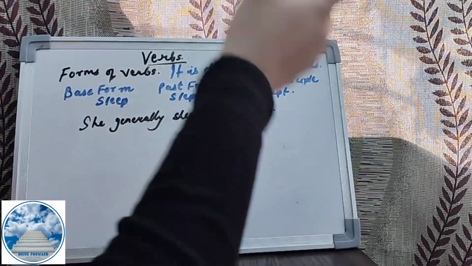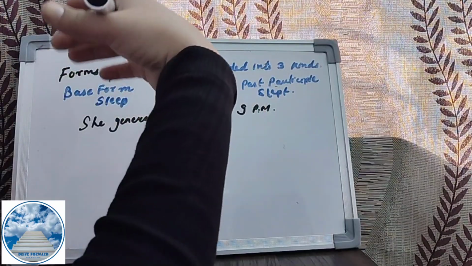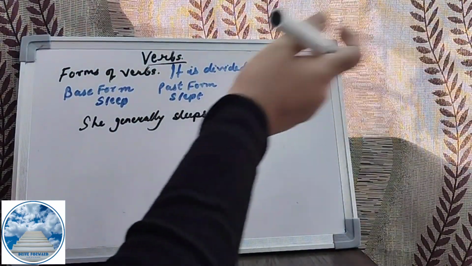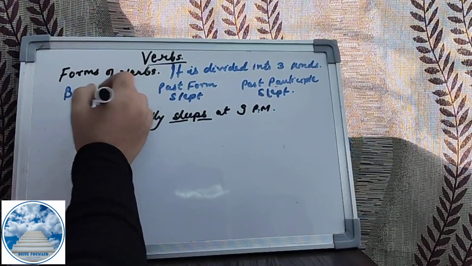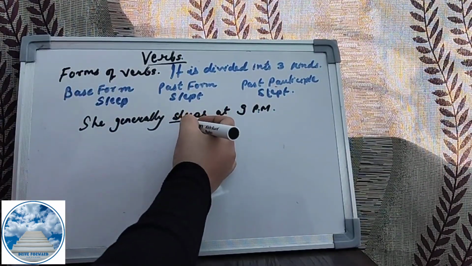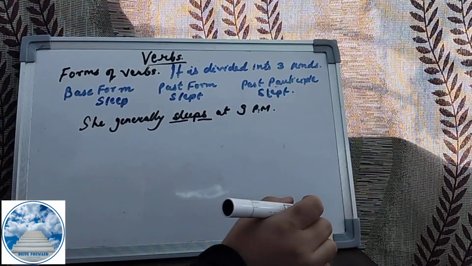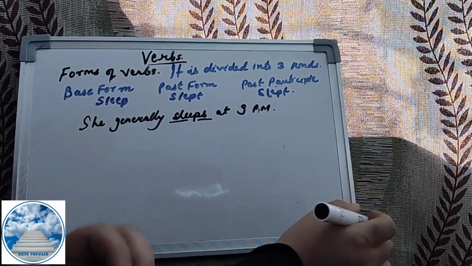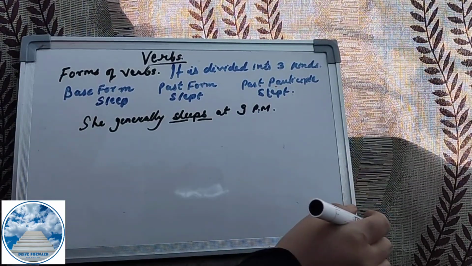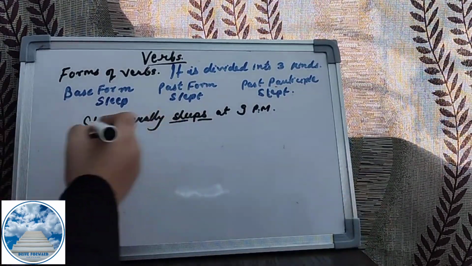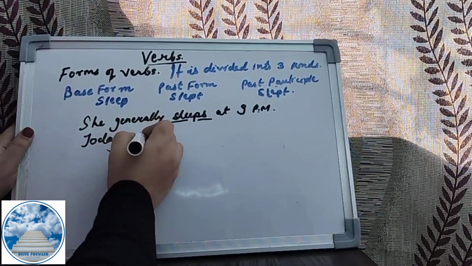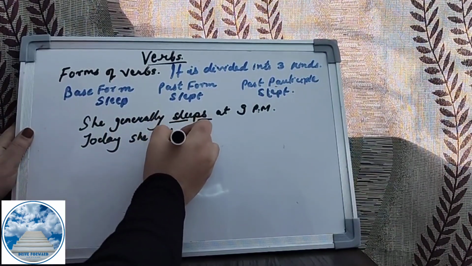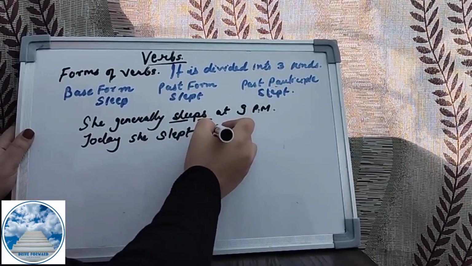Simple present tense means the action which happens on a regular basis. So here what I've used is sleeps, the first form of verb, the base form of verb. Okay, she sleeps at 9 p.m. Right? Okay, and then today she slept at